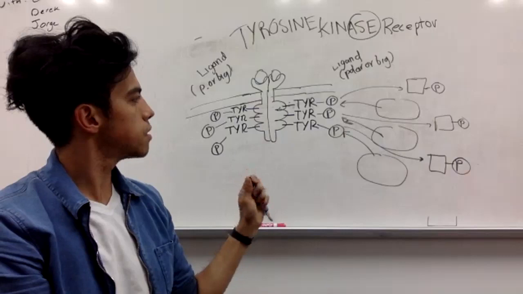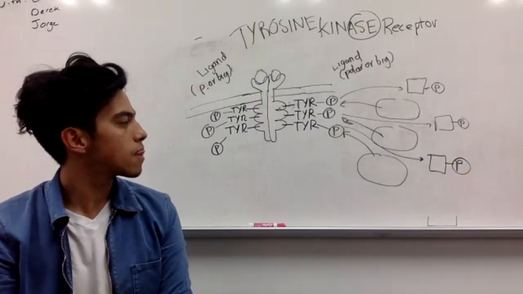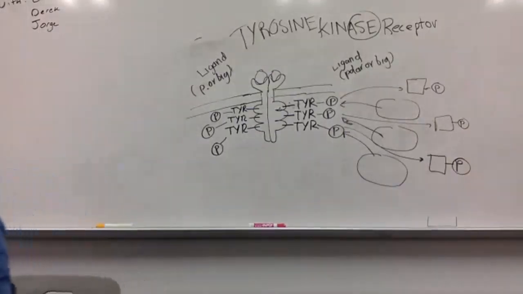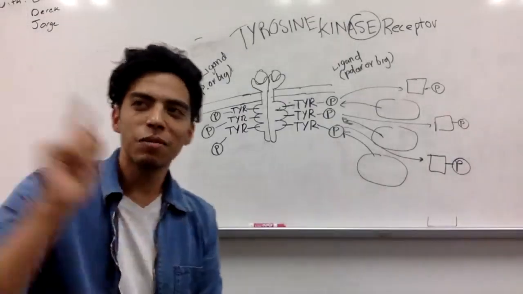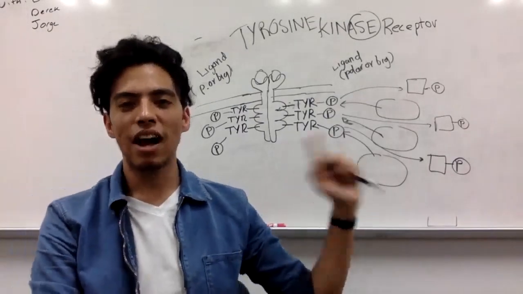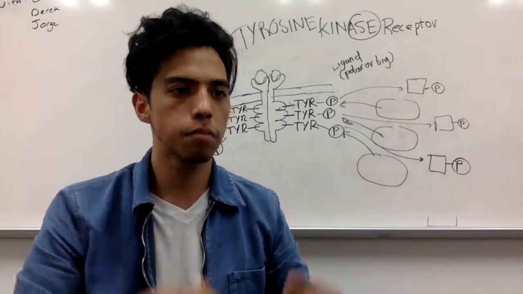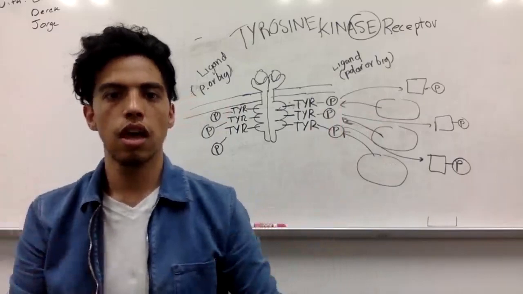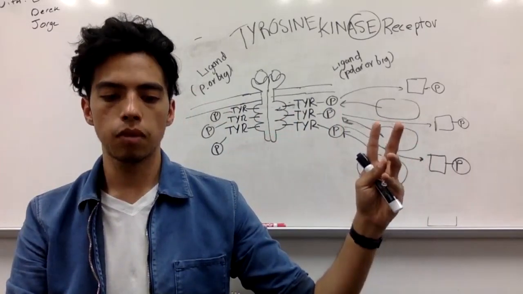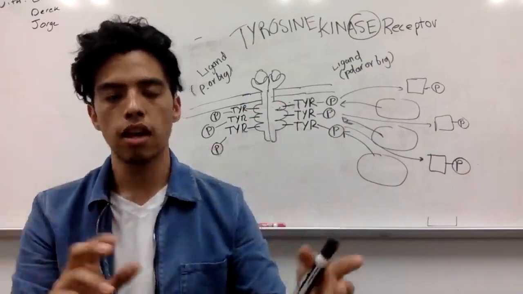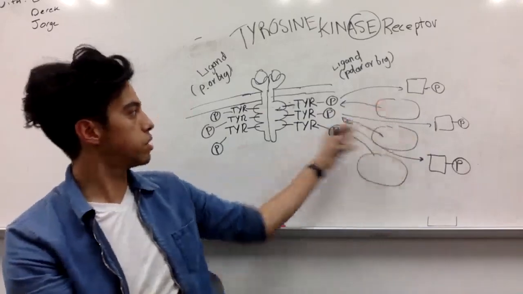And David, I have a quick question. How do those tyrosines become phosphorylated? Good point. I forgot to mention how these become phosphorylated. It's a process called autophosphorylation, so they phosphorylate themselves. Once they become phosphorylated, they become activated, and at one time it's able to activate 6 other proteins,